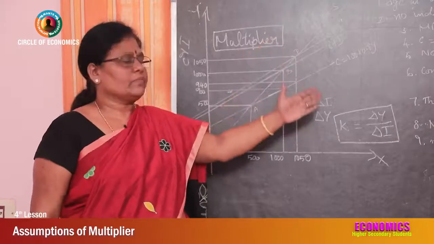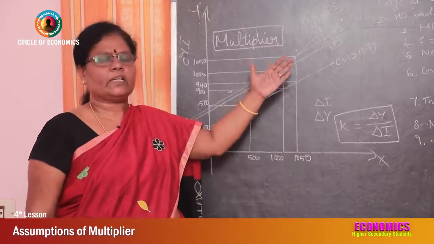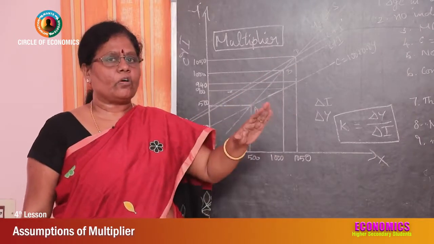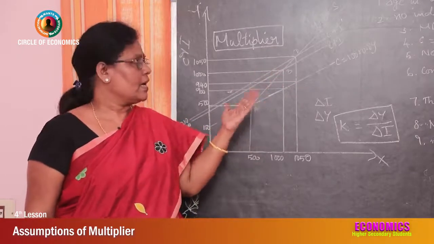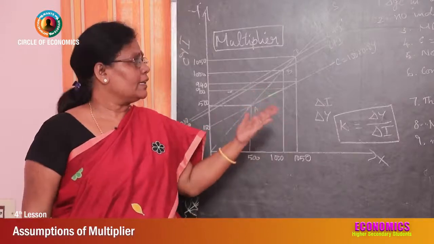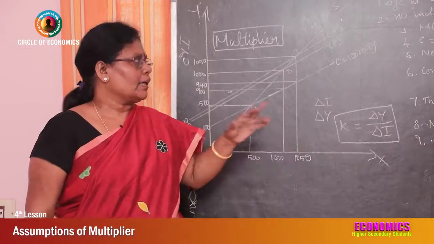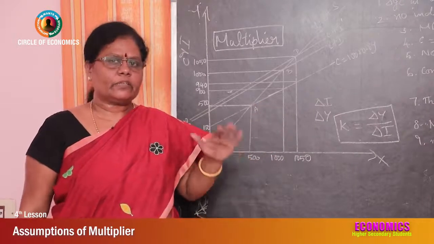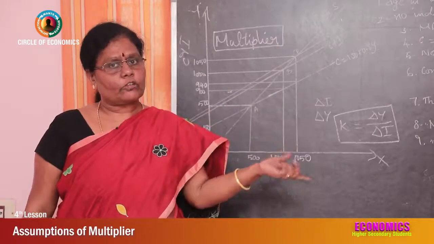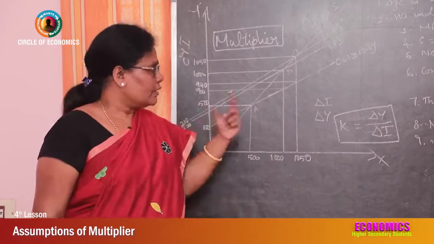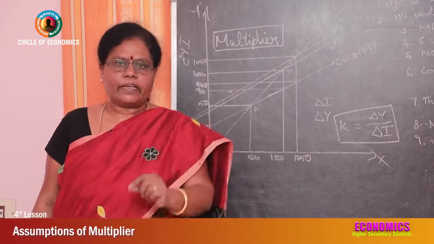So the following are the assumptions for multiplier to be calculated. First one is change in autonomous investment and there is no induced investment. Marginal propensity to consume remains constant. Consumption is the function of current income. No time lag in the multiplier process. Consumer goods are available in the economy to meet the effective demand for them. There is a closed economy without foreign influence and no change in the price. There is less than full employment level prevailing in the economy.